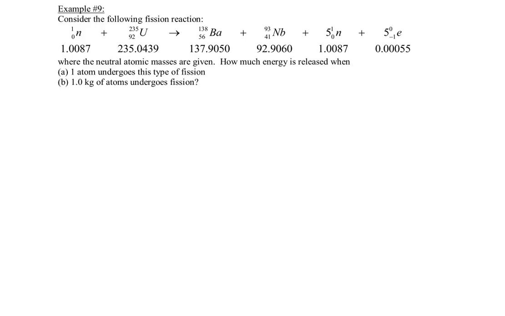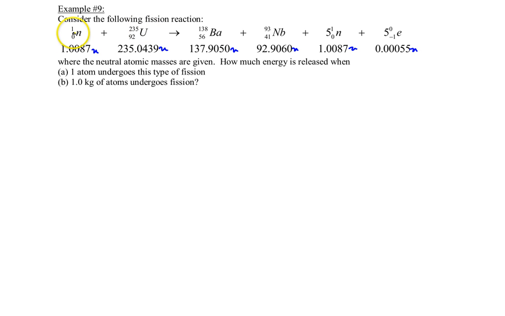Welcome to example number 9. We have a neutron that bombards a uranium nuclei forming barium, niobium, and 5 neutrons and 5 electrons. And they already give us all of these in atomic mass units, so these are all in U's here. We're asked to figure out the amount of energy that is released if you have one atom of uranium